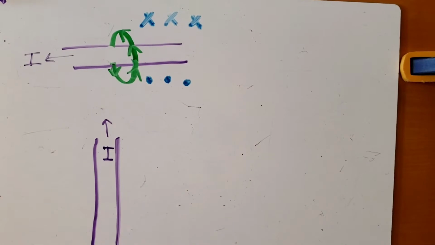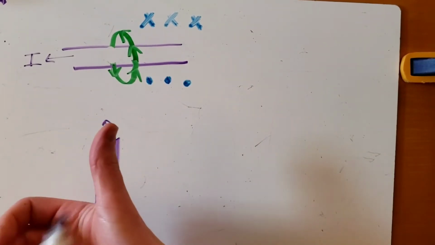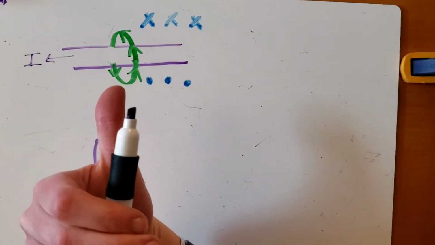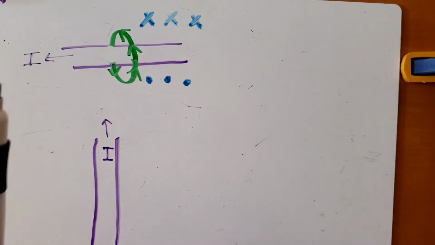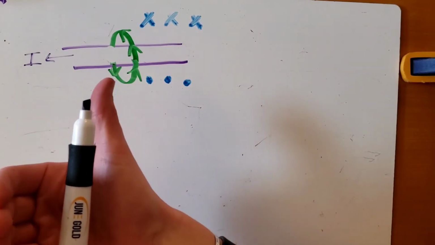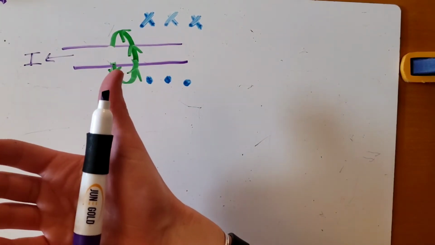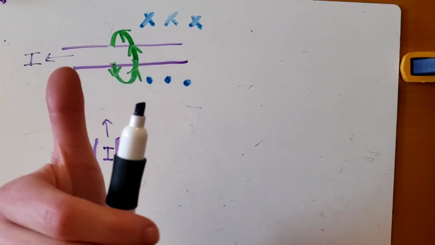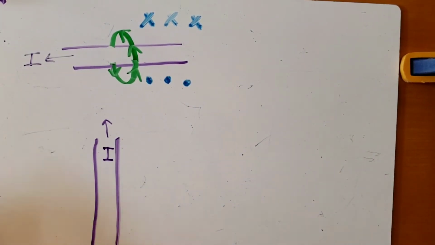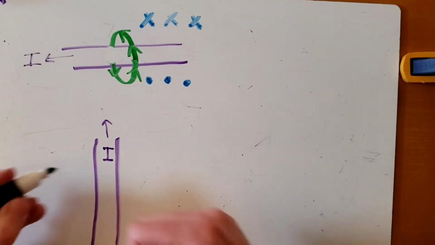So now I have a current that's traveling upward, so I put my thumb upward. I pretend like I'm wrapping around some type of material to be the wire. And of course, I'm using my right hand. And so what I see is I'm coming out of the page on the left-hand side of the wire. I'm going into the page on the right-hand side of the wire. So we said out of the page,